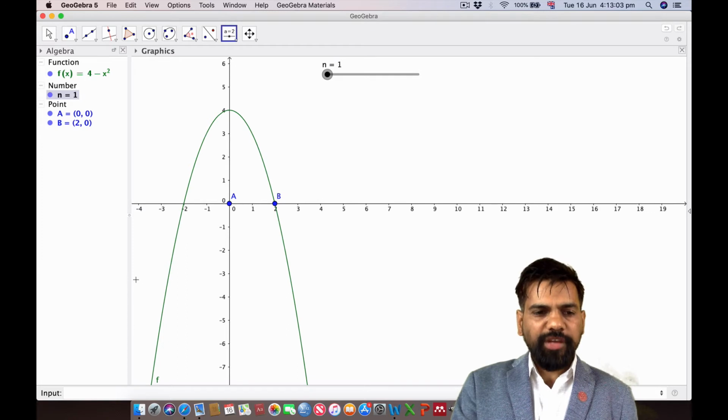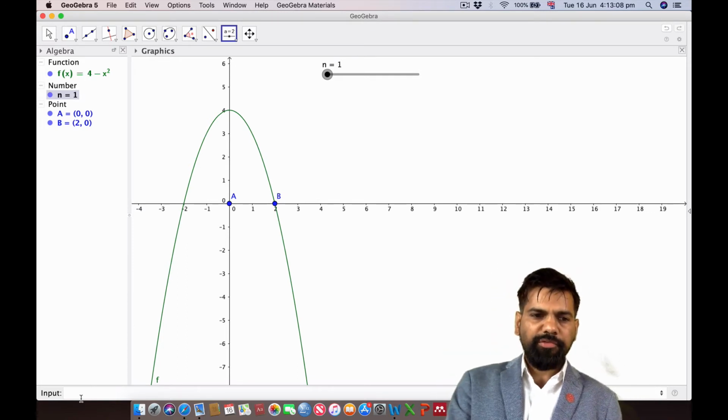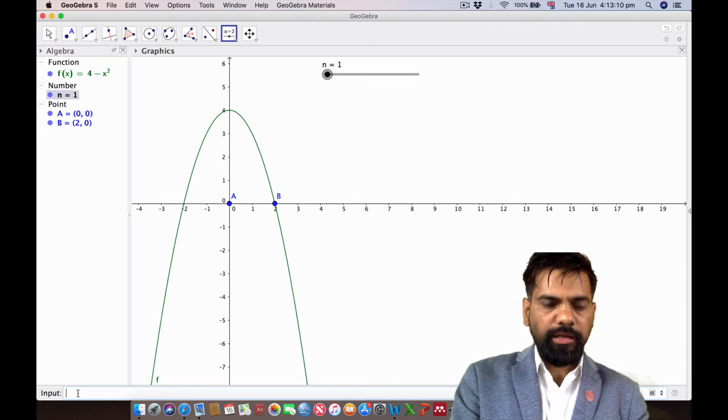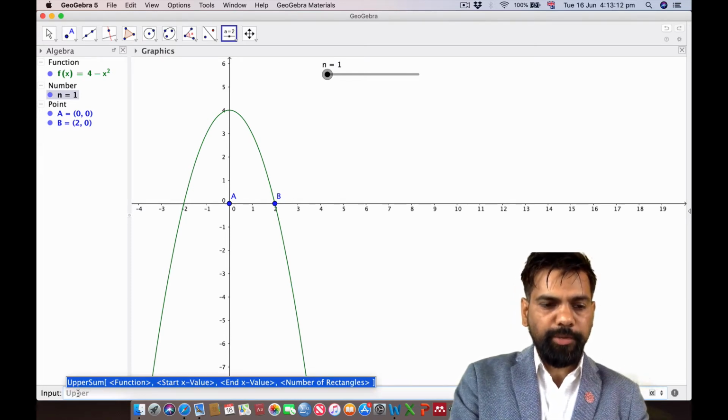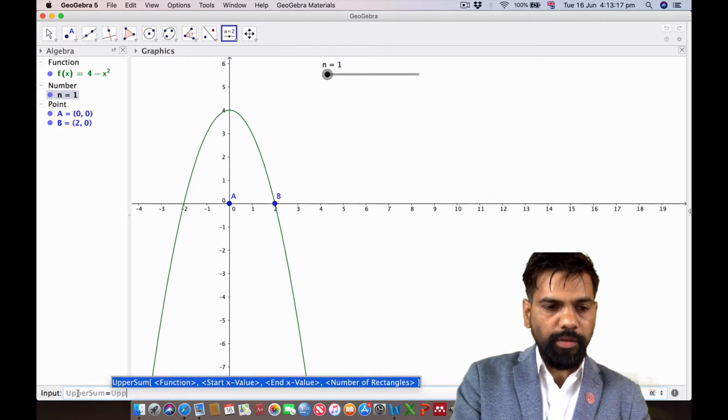After that we need to find the upper sum and lower sum area of these rectangles. For that, upper sum is equal to upper sum.